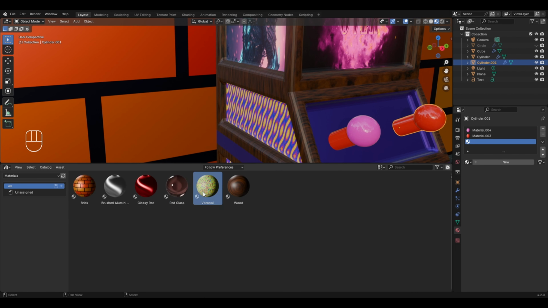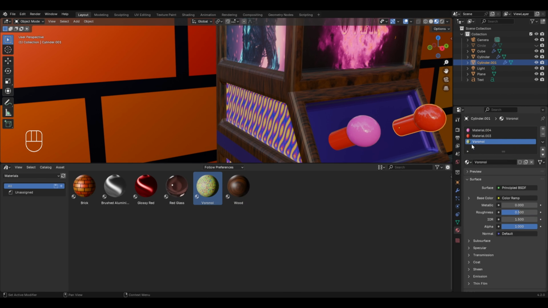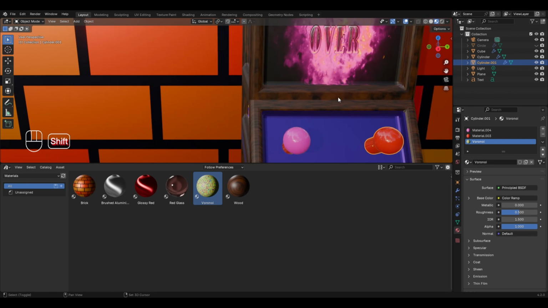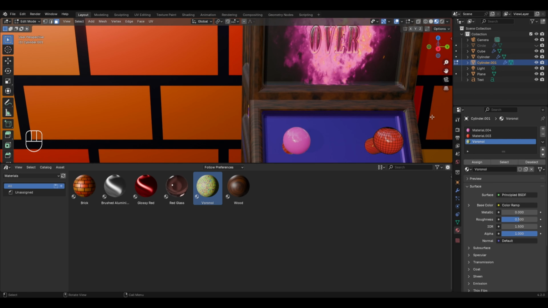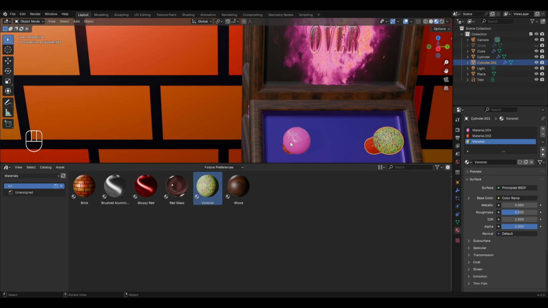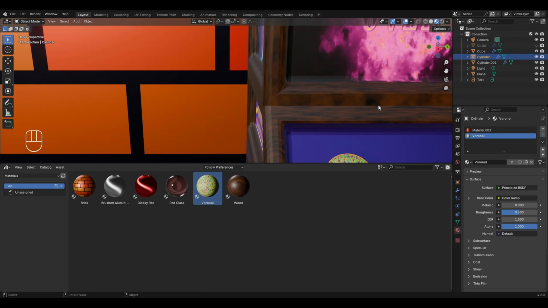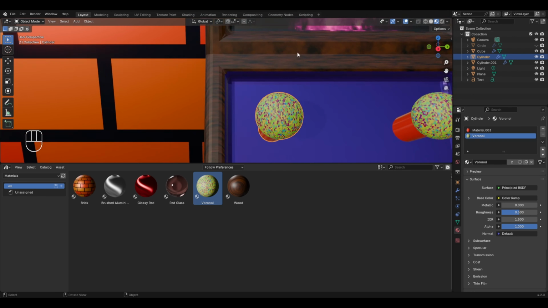Then select the Voronoi texture, drag it and drop it on this slot number 3. Now to apply this material to the spherical part, simply press tab to enter the edit mode, deselect everything, and with the cursor over the sphere, press L, and with the Voronoi texture selected in the material properties, click on the assign button. After this, we'll do the same thing with this control also. So with the spherical part selected, I'll change this material by clicking here and type Voronoi and select this material. Now return back to the object mode. And finally, this is how this Voronoi material is looking on the game controls.